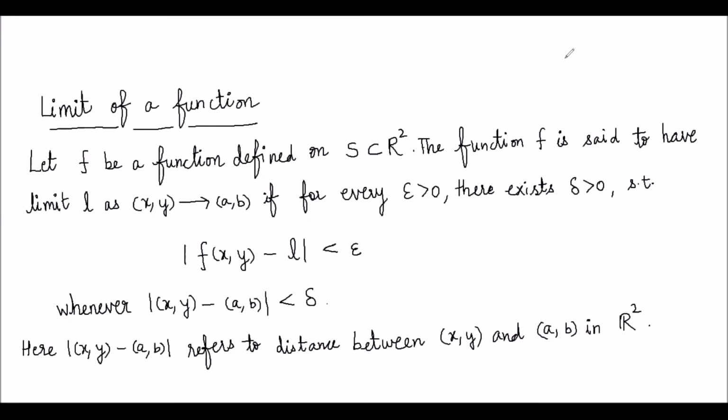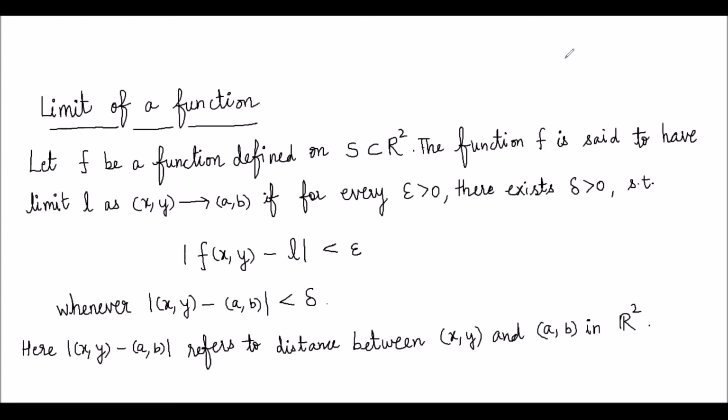In our previous video, we started the concept of functions of two and more variables. We have discussed the concept of limit also. We have done one problem in which we proved that the limit of a given function at some specified point does not exist. Now, in this video, we will be discussing the epsilon delta definition of a limit, and we are talking here about the function of two variables. So let us see this definition.